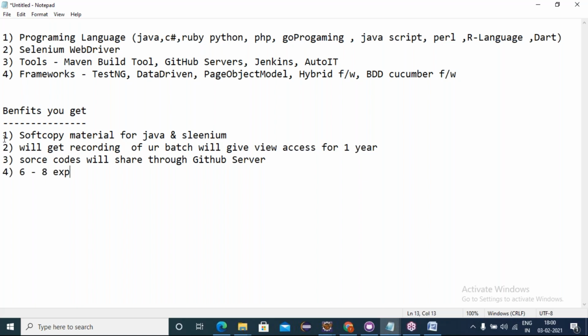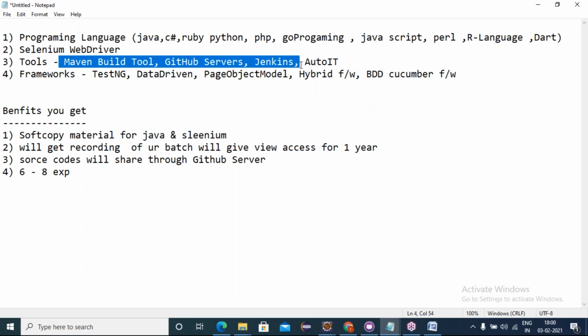Yes, Monday to Friday is the class, daily 1 hour. And on weekends, we'll be talking about DevOps tools like Maven, GitHub Server, Jenkins. It will take about 15 hours to work on these tools. That's why I don't want to waste time daily, 1 hour on these tools. That's why I was planning these tools for weekends. I will take 2.5 hours for each tool, totally 15 hours required for these DevOps tools. Every Saturday, about 2.5 hours, I'll take to complete this course.